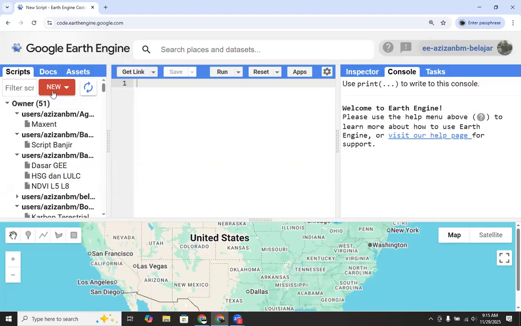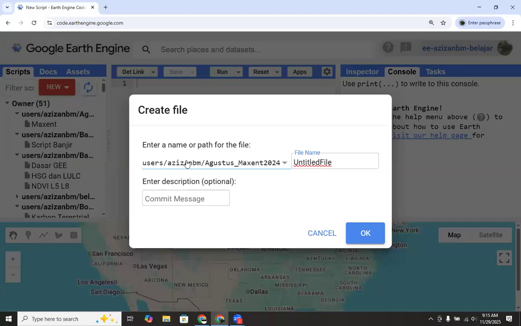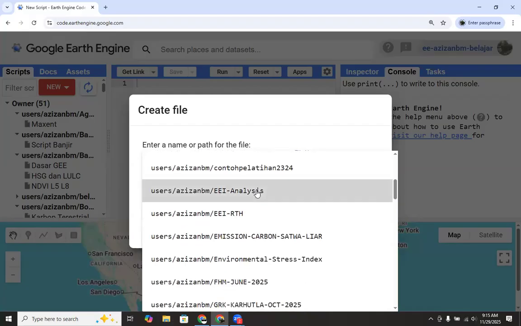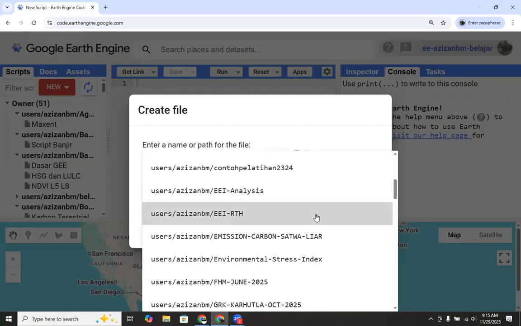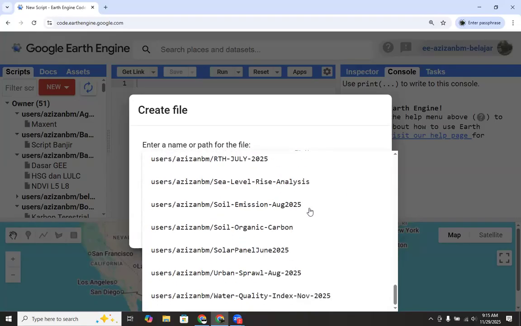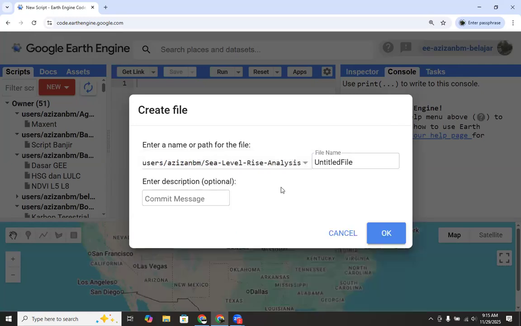And then we can create a file by clicking Scripts, New, and then File. And then we find the repository name, the sea level rise analysis.